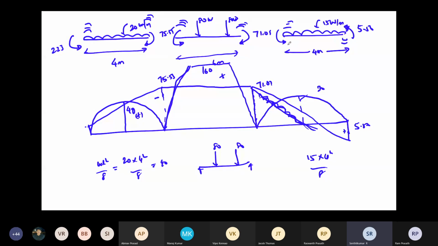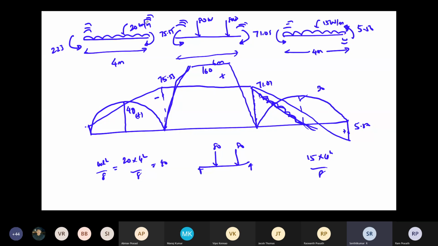Now you know all the bending moment values, and you can find out the RA, RB, and everything. You can draw the shear force diagram also. Okay. So whenever you are drawing, as per slope deflection, our assumption what we have started is clockwise is positive, anti-clockwise is negative. And when you are going to draw the bending moment diagram, please check whether it is sagging or hogging. That is a major one you should know.